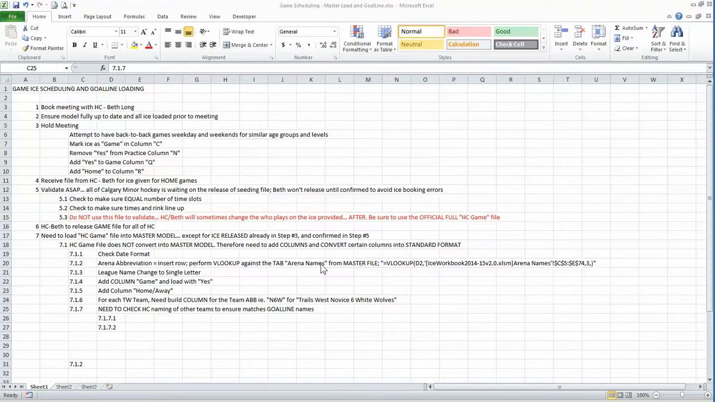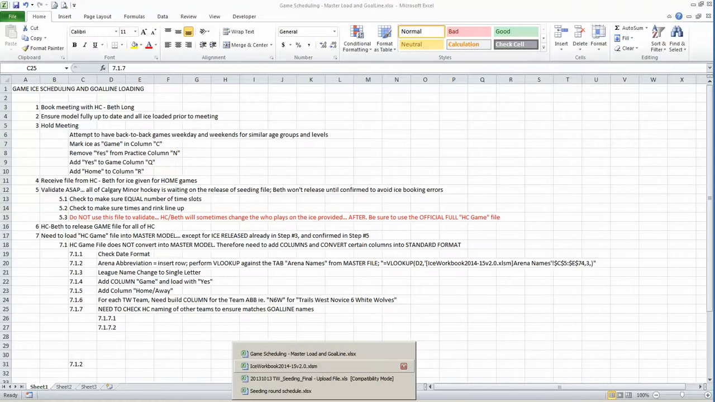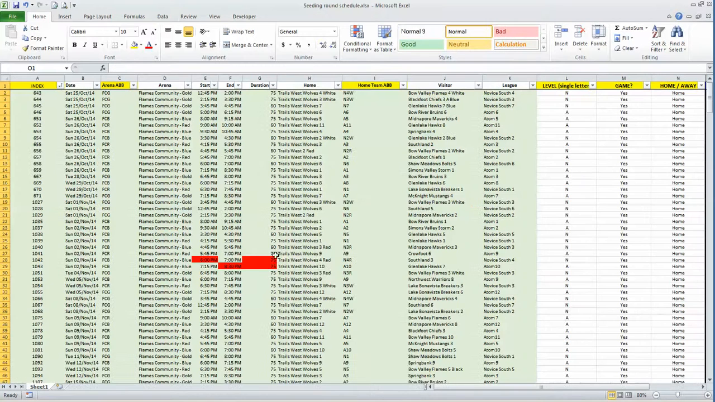Alright, this step explains how to check Hockey Calgary's naming of opponent teams for games and compare them to what's in the Trails West GoalLine system. So this is right here: need to check HC or Hockey Calgary naming of other teams to ensure it matches GoalLine names. So if I bring up the seeding round schedule, which was provided earlier,